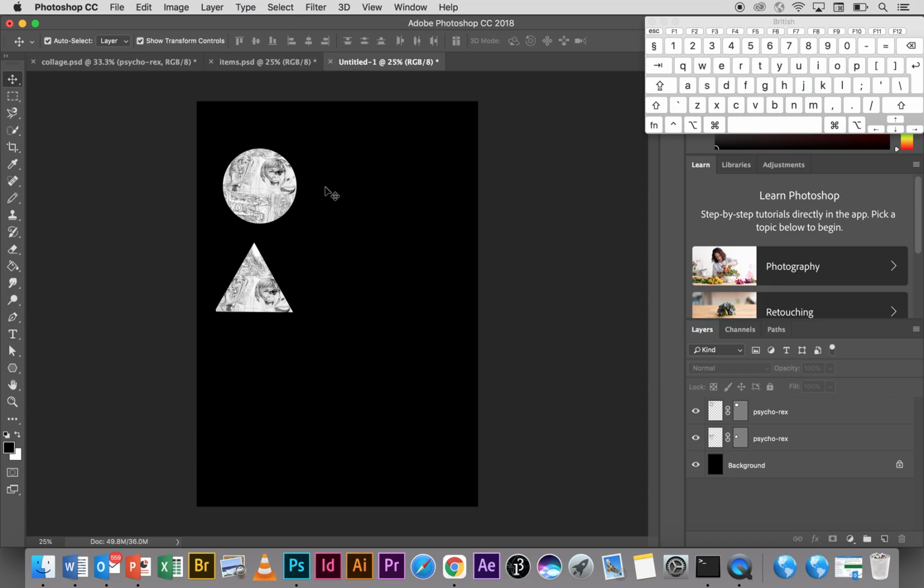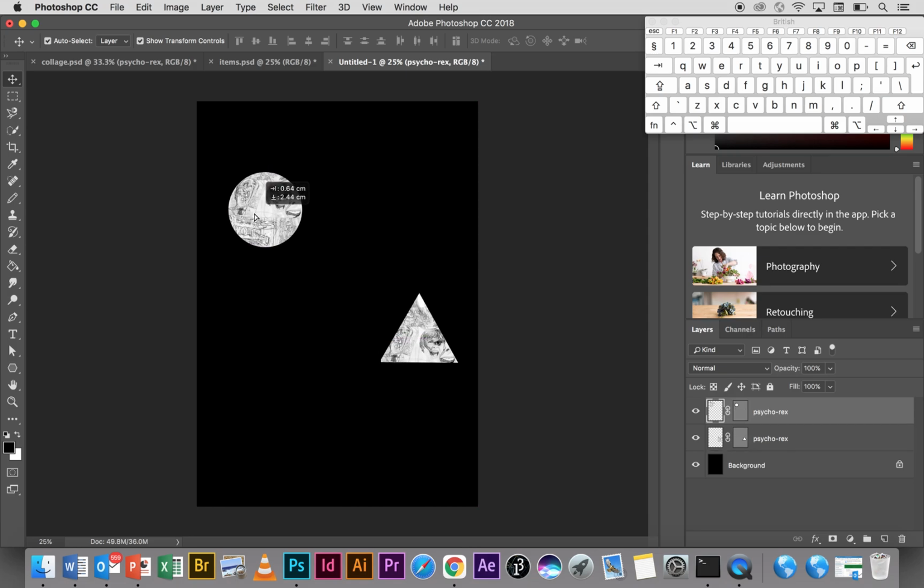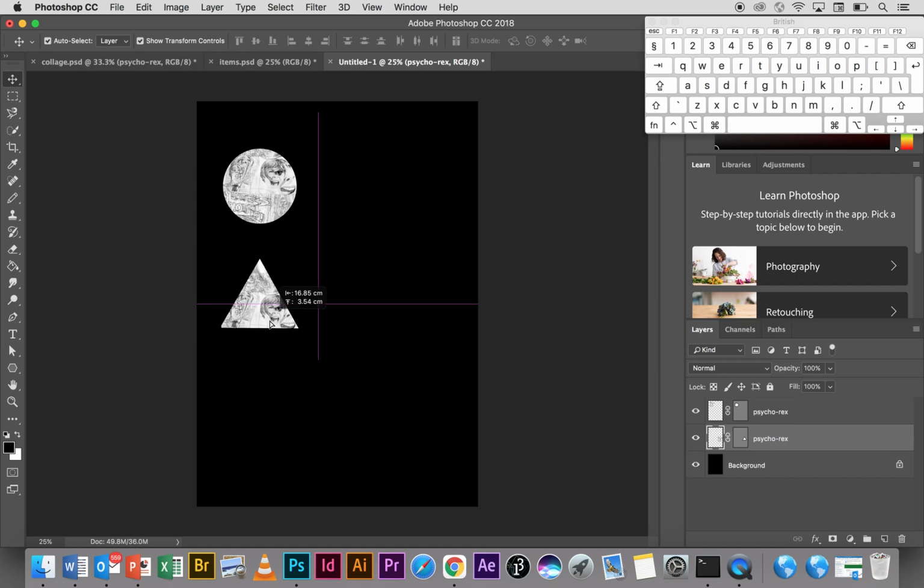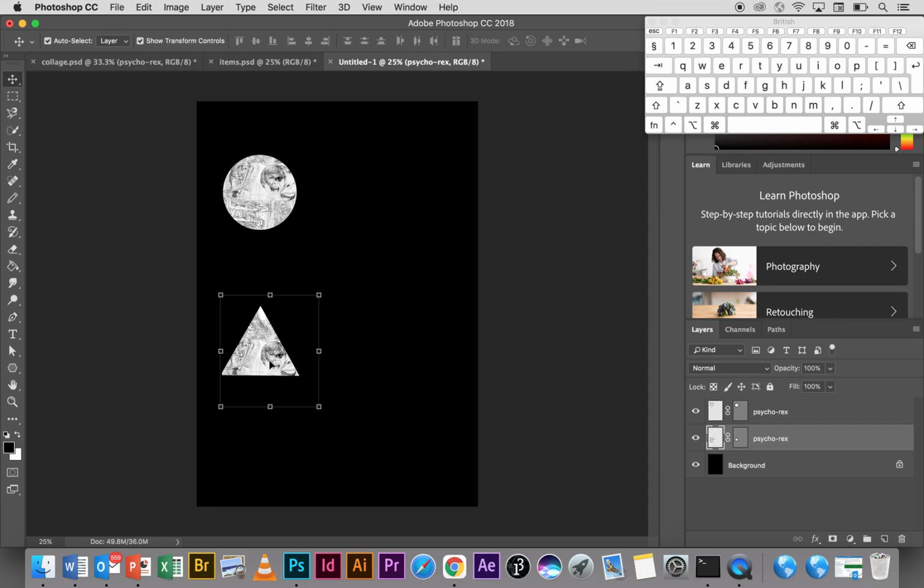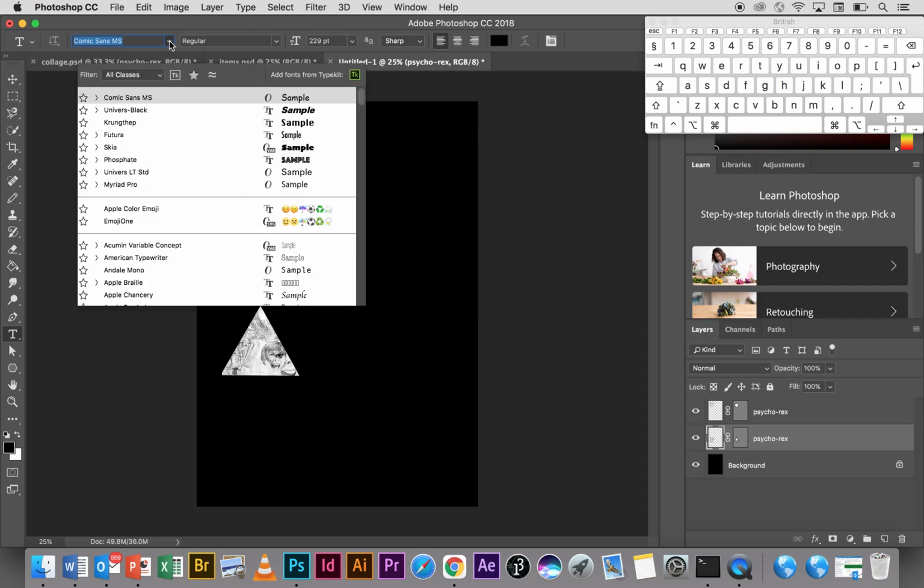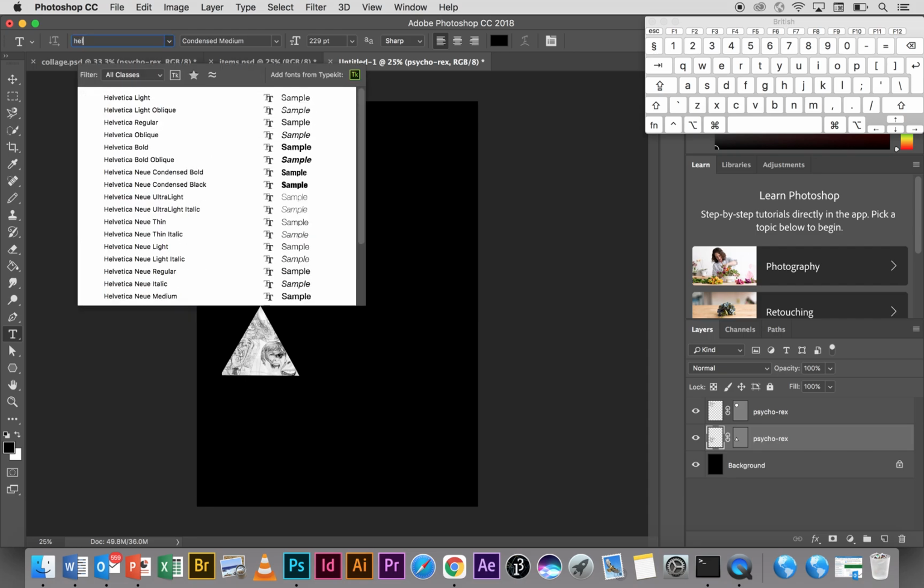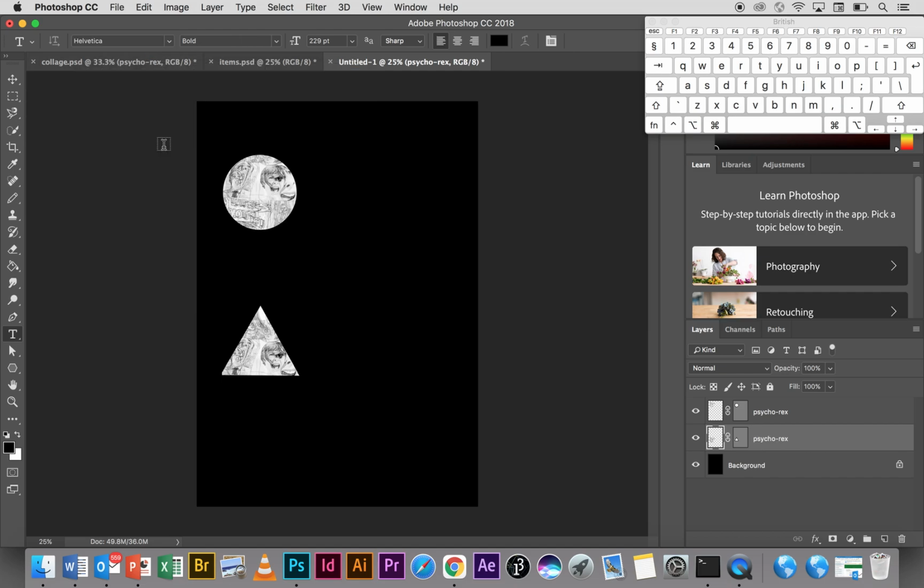So maybe start to bring in some of the typography work which you've done with Mark, or you can just add some new typography, some new text if you like. But you could have something as simple as this, and definitely don't want to work in Comic Sans, do we? Helvetica. Let's use bold